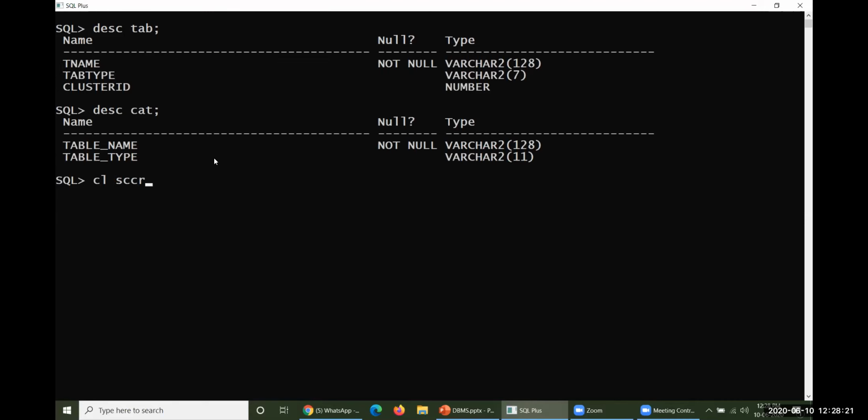Let me check whether any table has been created by us in this particular user or not. For that, please remember these commands for a while until I come to DML. Select star, everything from TAB, the table TAB.